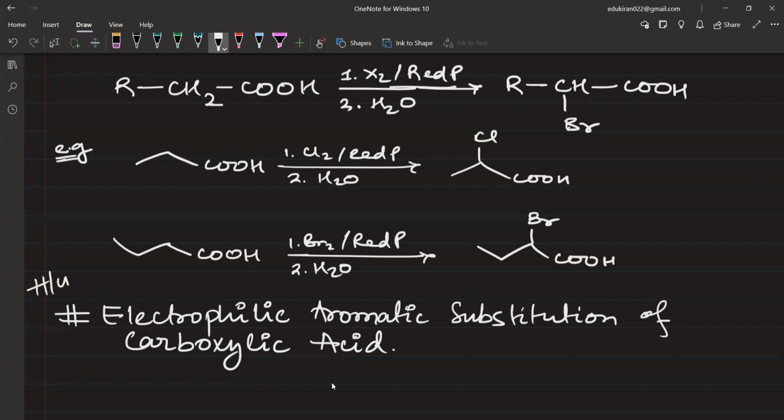There are two reactions in NCERT. After that there is also a note, which you should make and write yourself, saying that it does not give a certain type of electrophilic aromatic substitution. Why does the